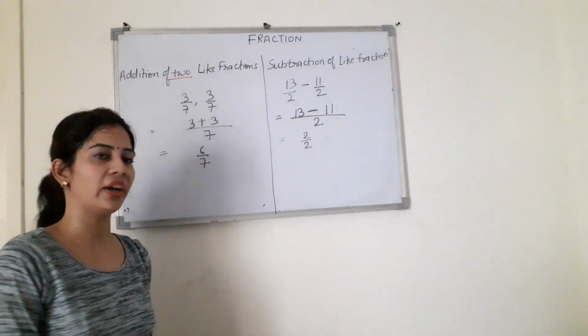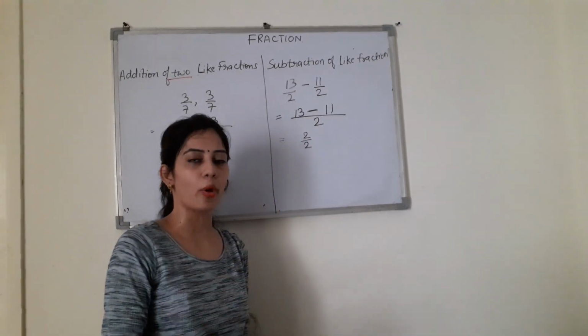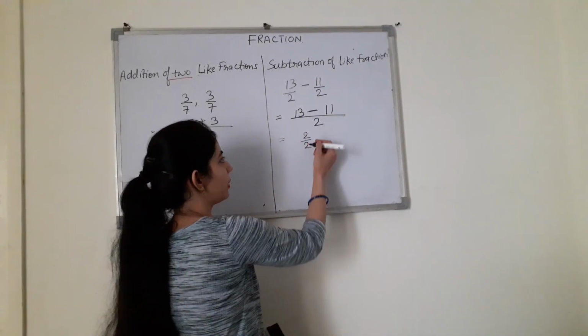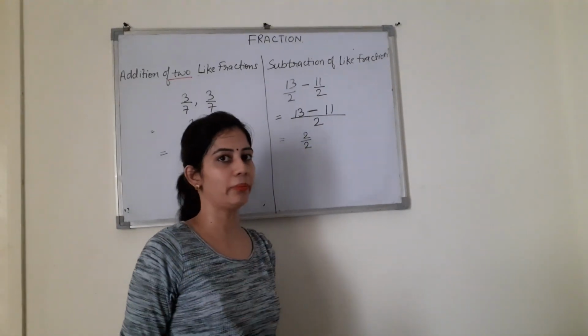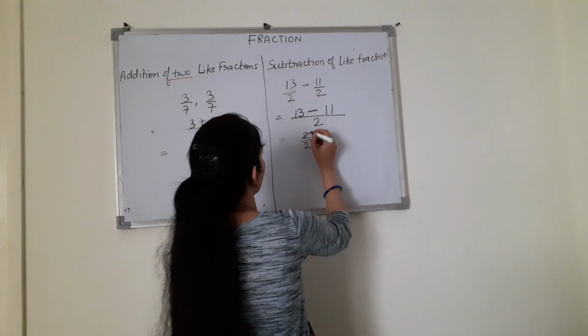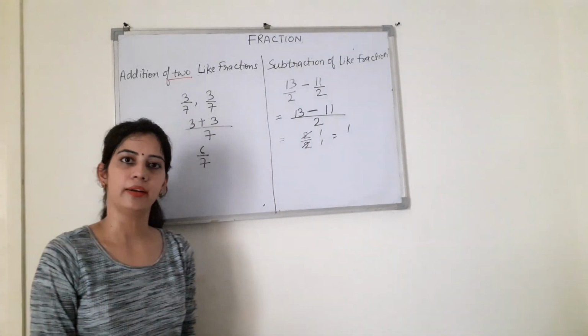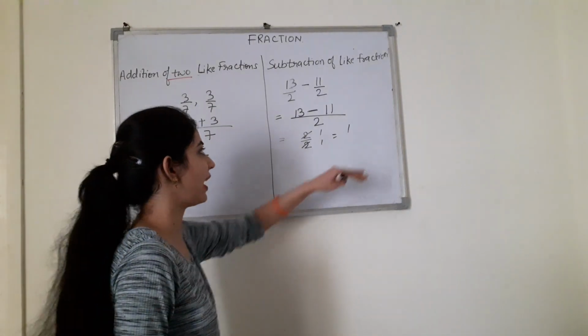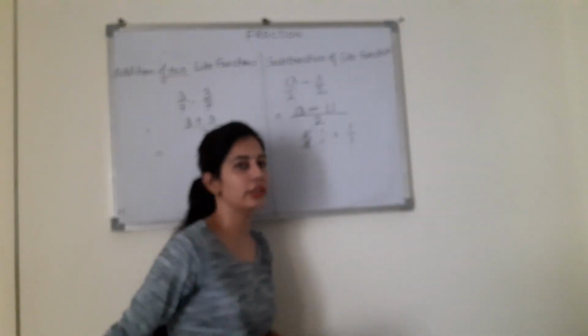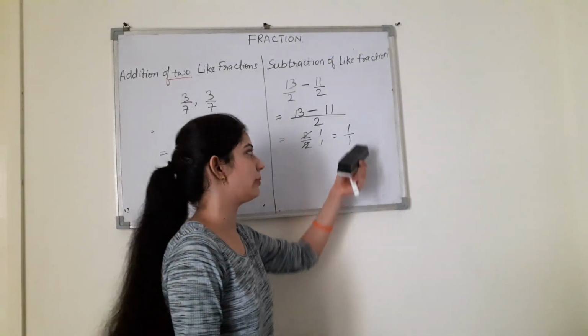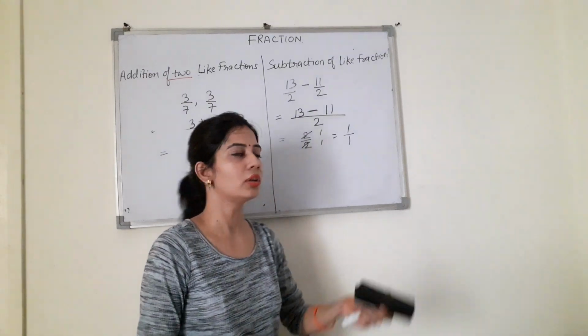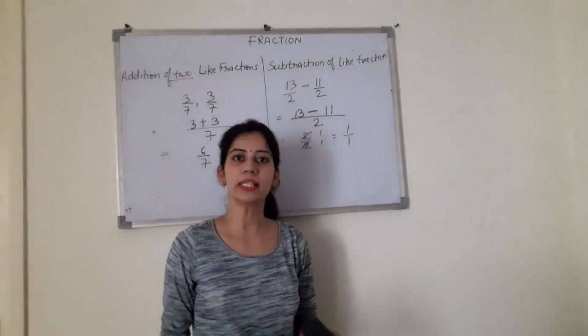So we can simplify this. We can divide it by a common number. So these both values are divided by 2. So it will be 2 times 1, 2 times 1. So the answer is 1 here. Right? We can write 1 as a fraction. We can write any number as a fraction. We can simply put 1 in the denominator, as we know it will not change the value of the number because 1 by 1 is 1.